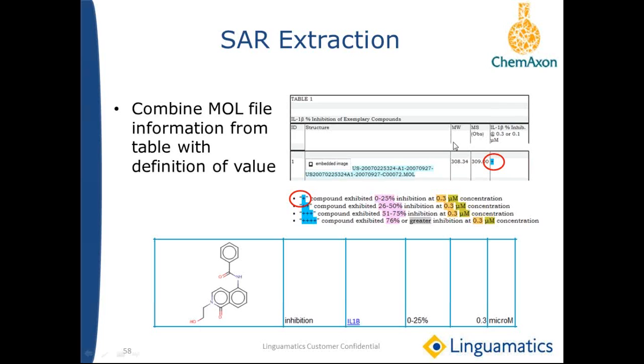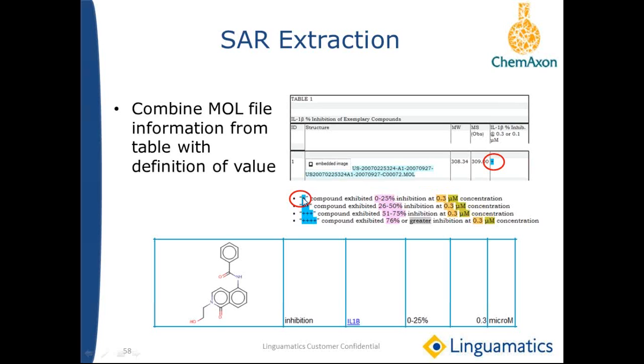To give a couple of examples, in this example, we actually have an embedded mol file. So we process the mol file and extracted a structure for that. But then the actual inhibition value is given just by the plus sign here. And we actually have to look into the definition to see what the plus means. And we can see here that the plus means it's 0 to 25% inhibition at 0.3